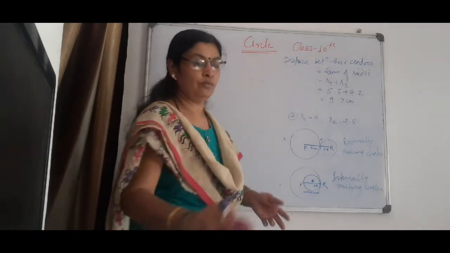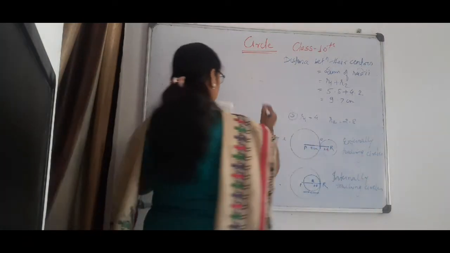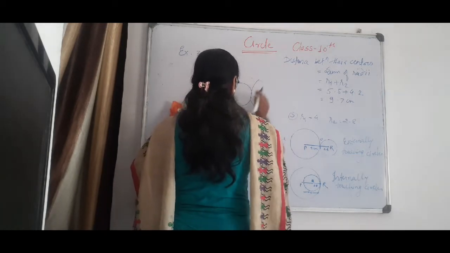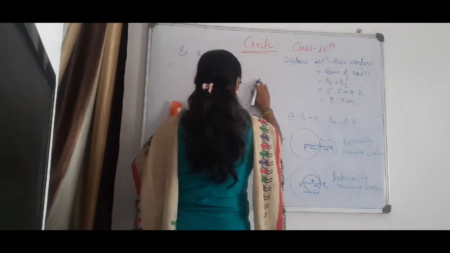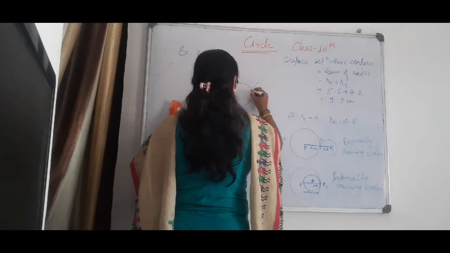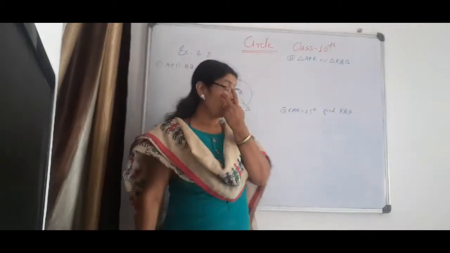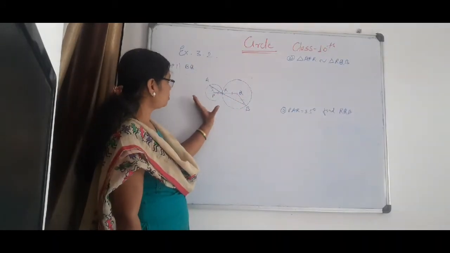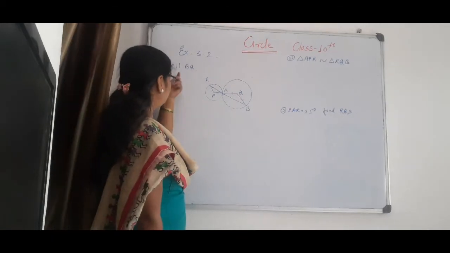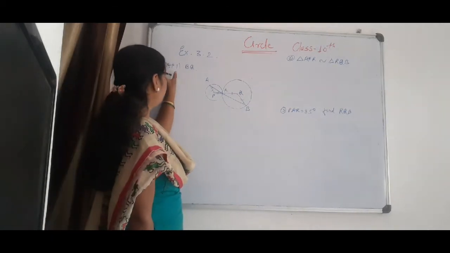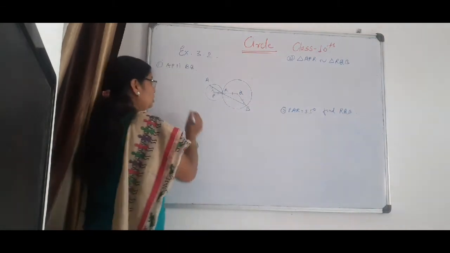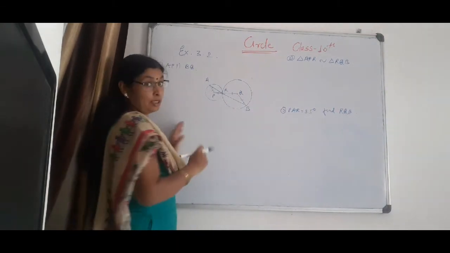Now see here, the figure of the fourth. Two circles touching externally are given. Now let's see the fourth problem, which is the most important. What is given here, students? Two circles are touching externally. First you have to find out what you have to show. AP is parallel to BQ. Now start the proof.